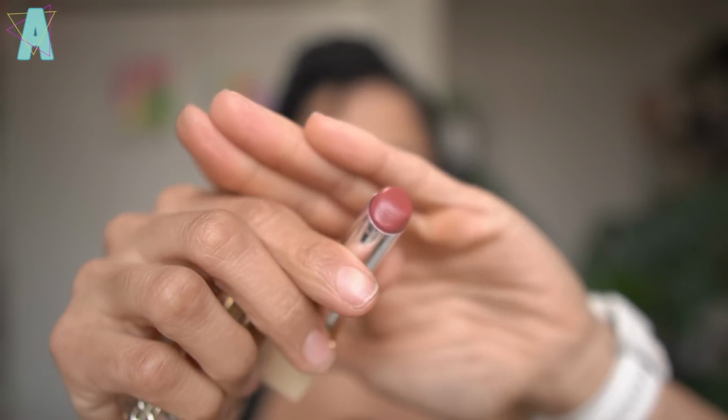This is a shade I can throw on every day. The way it brightens my complexion is just effortless, and the shine left behind is gorgeous. My gripe, however, with the Brit Shine is that it does end up on my teeth. So when applying, I have to make sure that I remove product from the inner parts of my lips so there's